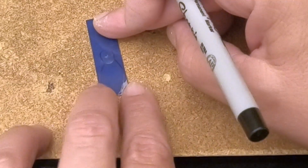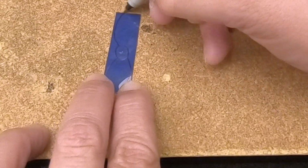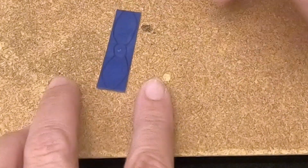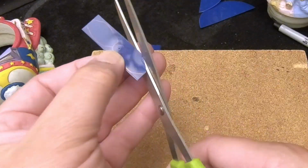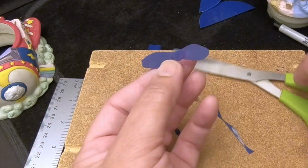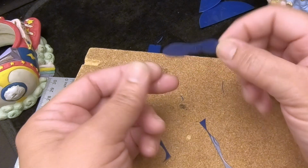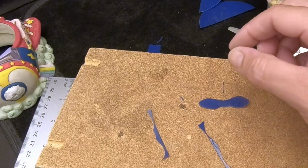Yeah, I wasn't sure what you were doing. Yeah, now do you see it? Right, so now I'm drawing out the actual propeller blades. Like that. All right, now let's see how this works. I think that'll work. And now all we need to do is put a hole in the middle for the